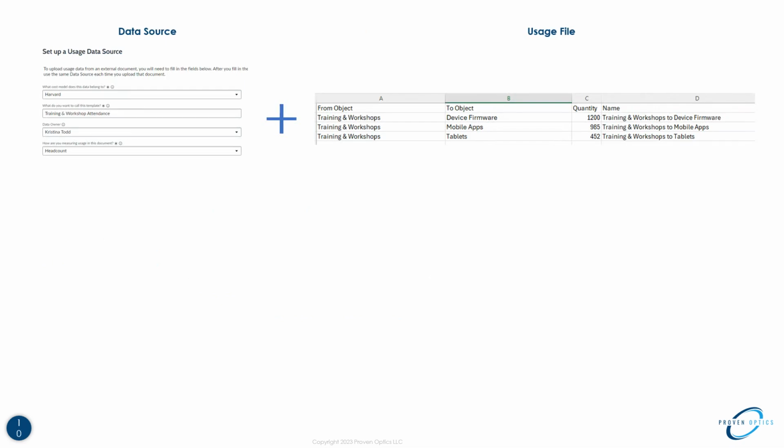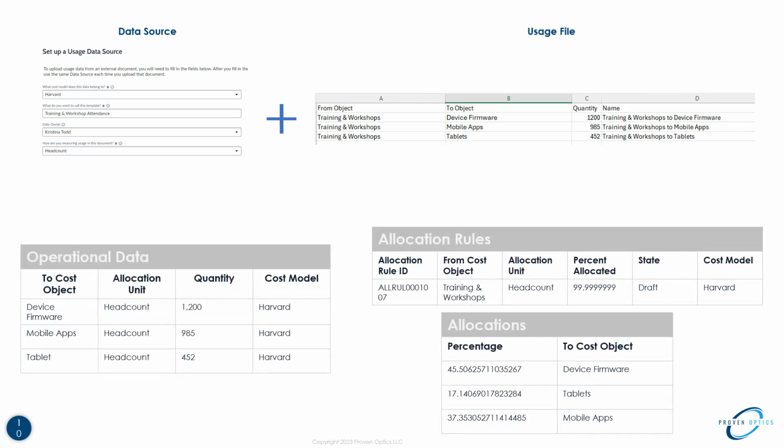When setting up allocations, you'll start by importing data. For example, if you're managing costs for training and workshops, you'll create a usage data source. This setup links your data in the correct cost model, defines your allocation method, and maps the data fields accordingly. If data is imported to the correct tables, the system automatically creates draft allocation rules based on the quantities you've